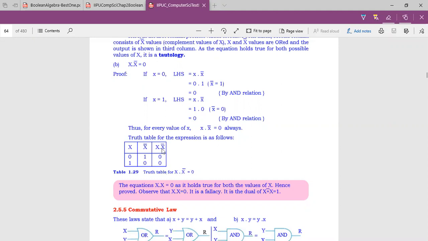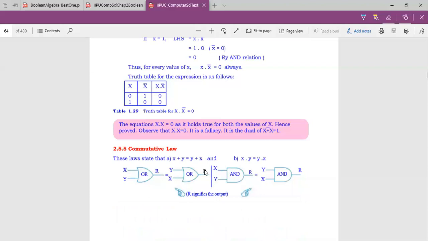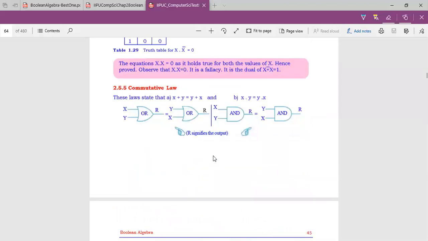Now, as you have observed in the first case, here you observe the truth table output is always 0 or low or false. What is the name of this truth table? It is called a fallacy. So when the output of a truth table is always 0, it is called a fallacy. So the complementarity theorem for logical multiplication is a fallacy, whereas the complement theorem for logical addition is a tautology. I hope you have understood these theorems.